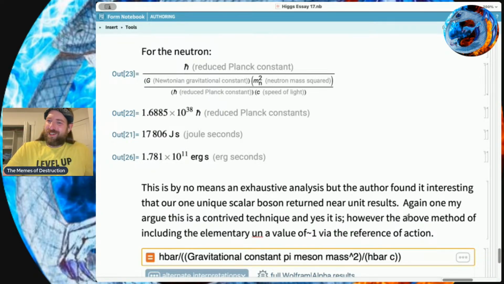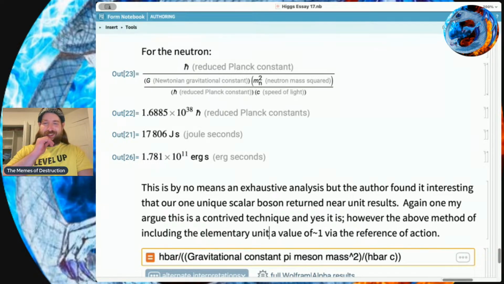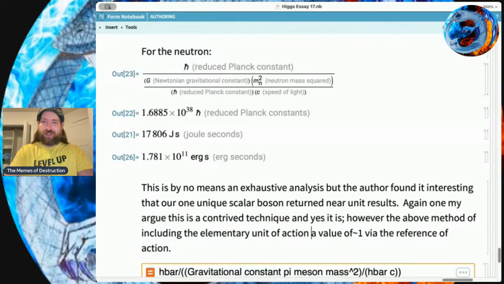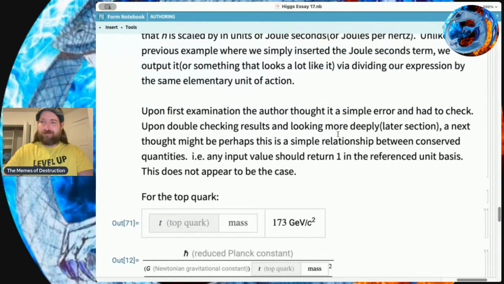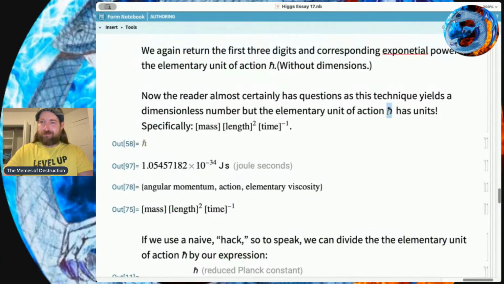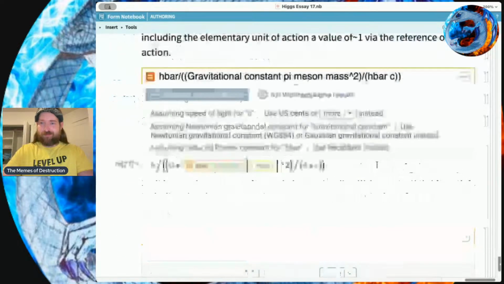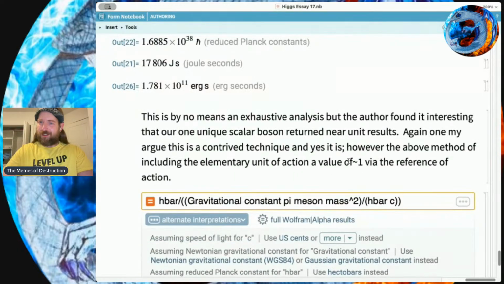However, the above method of including the elementary unit of action, h bar, and returning a value of approximately 1 in the reference of action